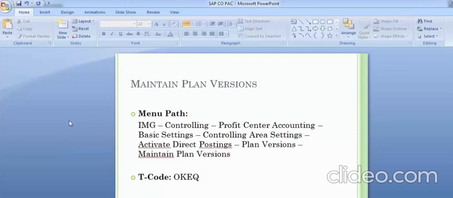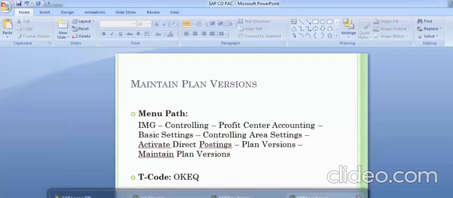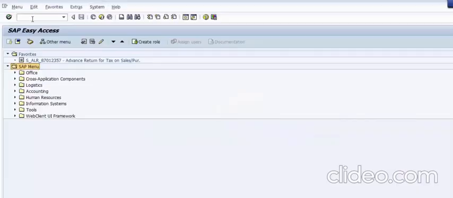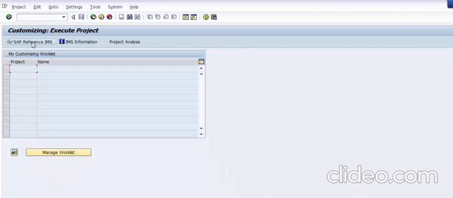Now moving on to the SPRO path in the SAP system. The path is Controlling, to Profit Center Accounting, to Basic Settings. Let's move on with the path now. SPRO, enter. We need to go to SAP Reference IMG,